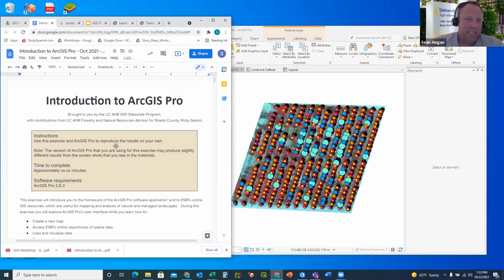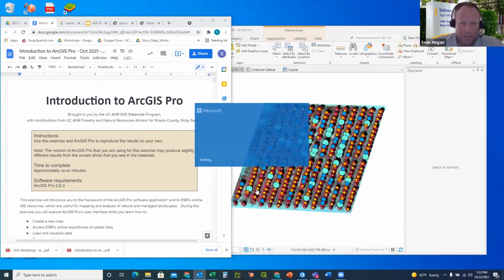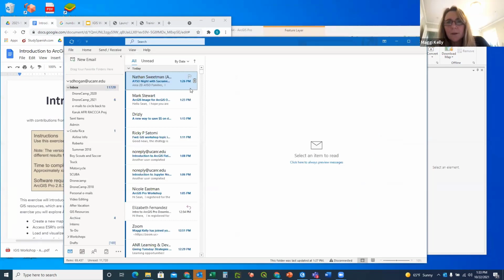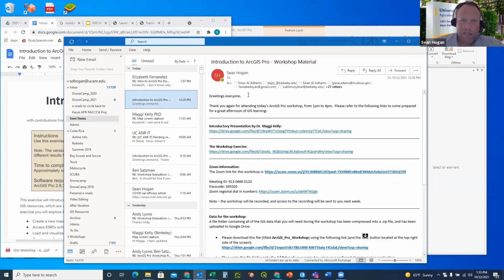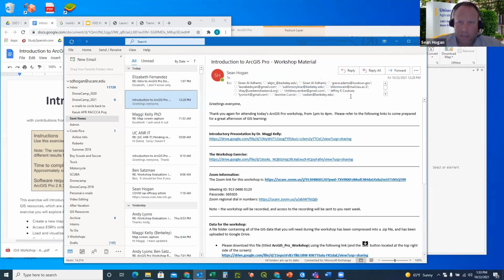Here are the directions. We got a couple chats saying that's not what's in some people's emails. So what was the title of the email that has everything in it? Just show us that again. Let's see here. Yeah, so the title. You guys who chatted, that's not what you got? And that went out to... Okay. There seems to be...